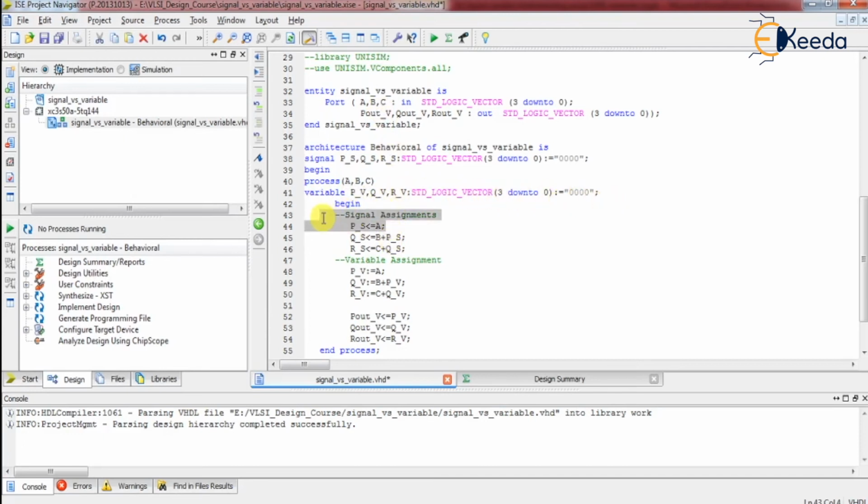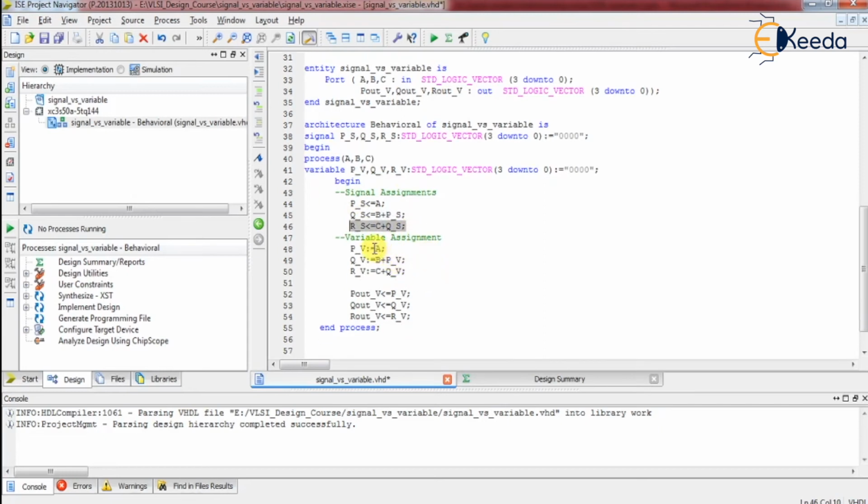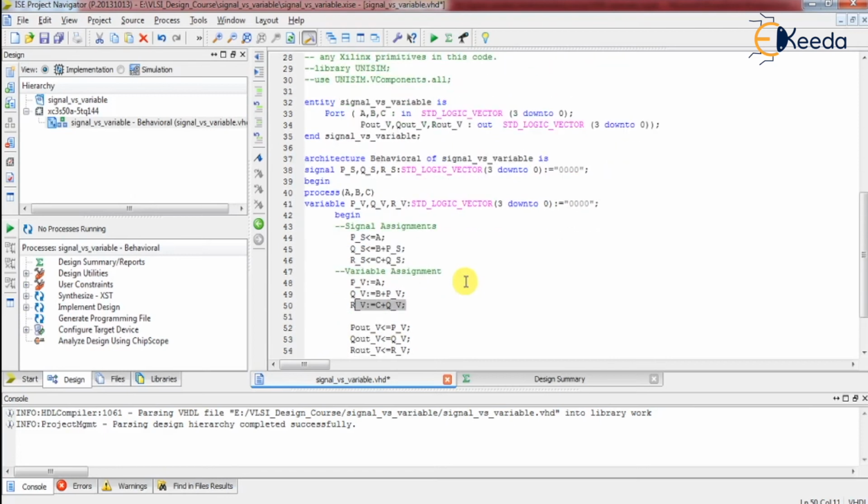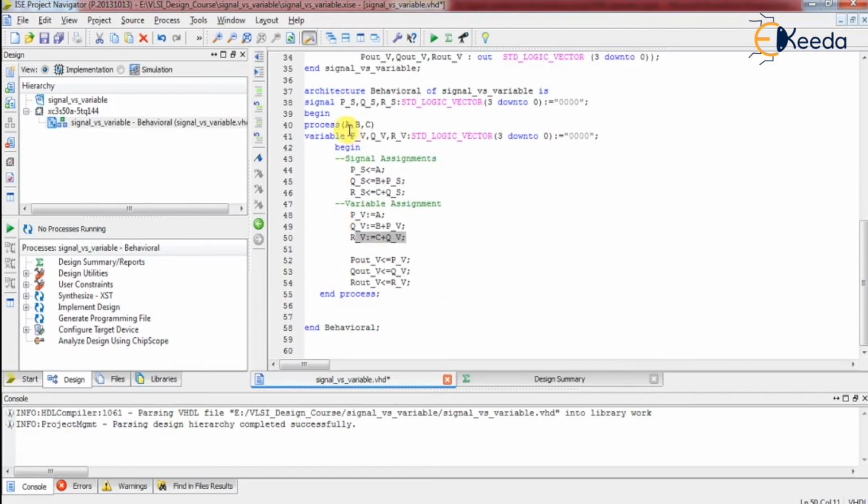Signal assignment: A is assigned to P signal, Q signal is equal to B plus P signal, R signal is equal to C plus Q signal. Then variables: P variable is equal to A, Q variable is equal to B plus P variable, and R variable is equal to C plus Q variable. And finally, to take these out, P out variable is equal to P variable, Q variable, R variable. Like this, we have now completed the program.